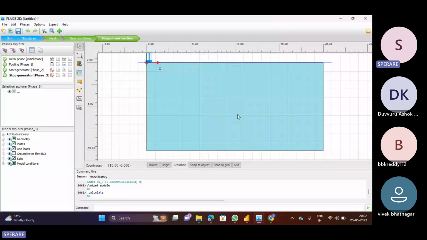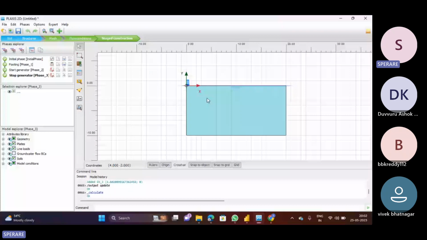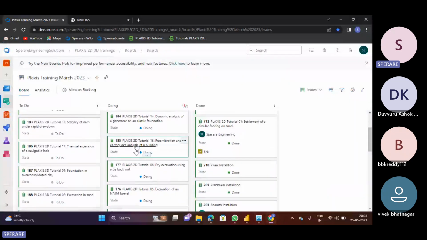So this particular problem statement, I've just enclosed the same into the ticket as well. So here you can also see this. It's tutorial number 14, I think. Yeah, dynamic analysis of a generator on an elastic foundation as well. Okay, so normally for this,